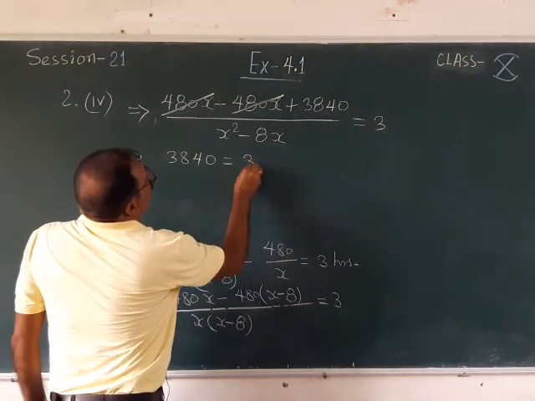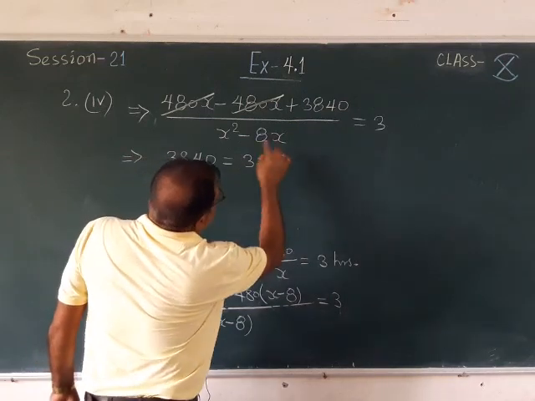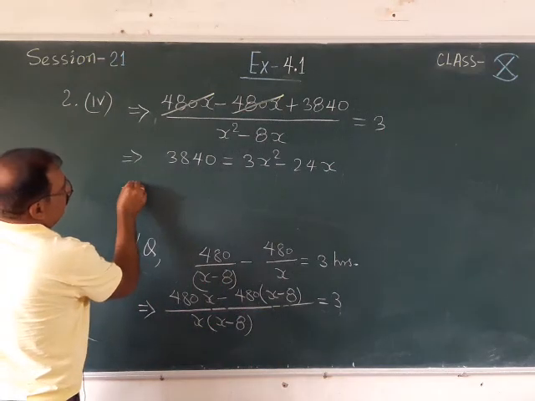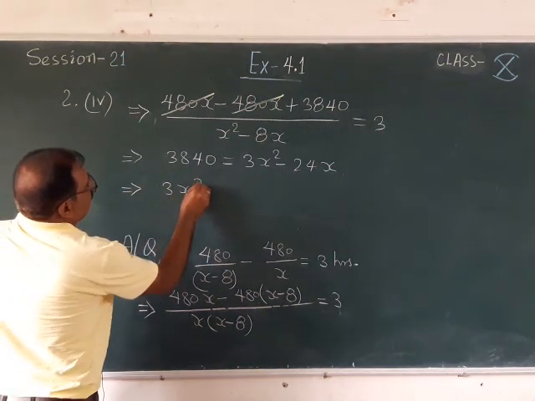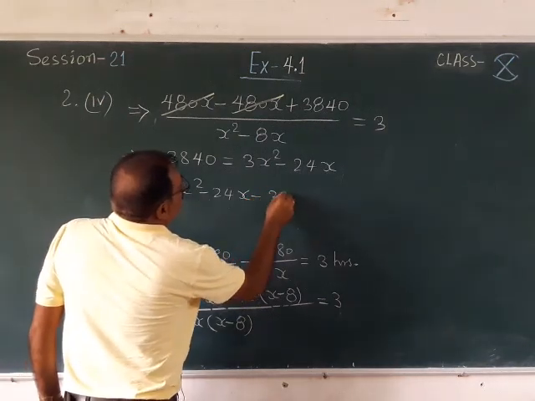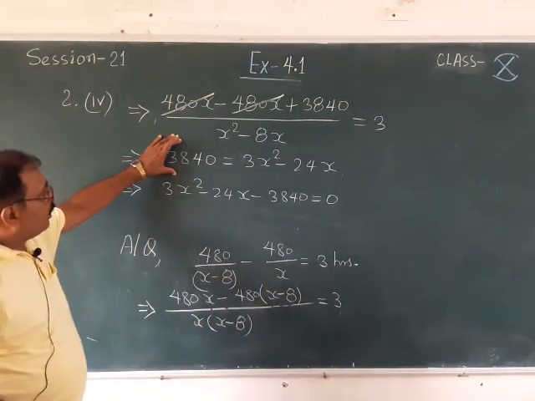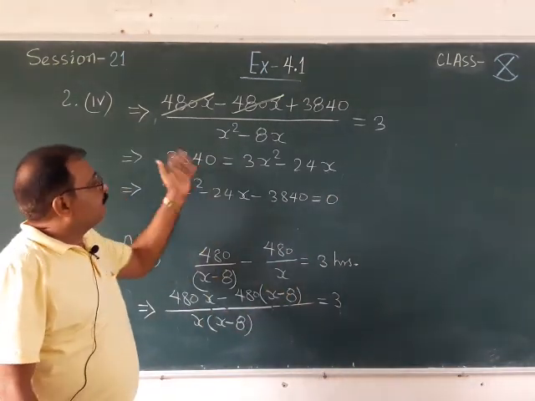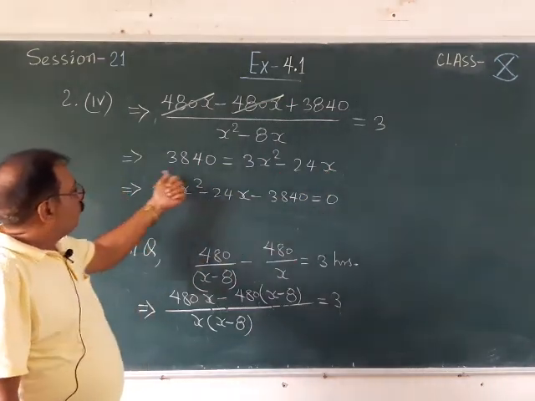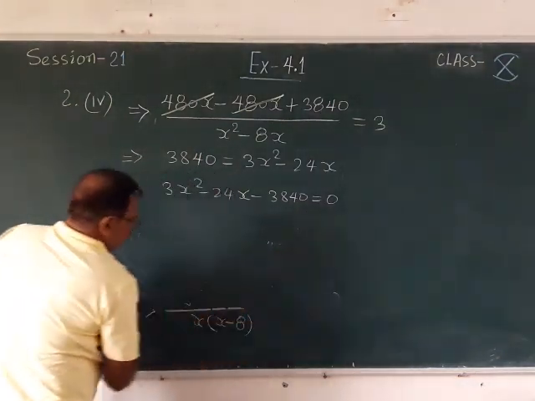3840 is equal to 3 into x square, that is 3x square, minus 3 into 8, that is 24x. Further, it can be written as 3x square minus 24x minus 3840, and that is equal to 0. 3840 is taken from left to right side, then the format of the equation will be like this. Now you check